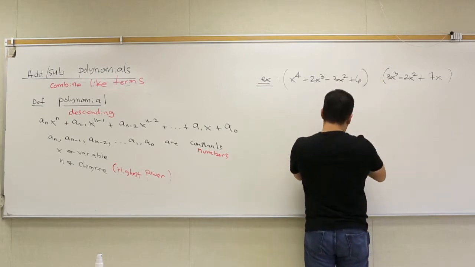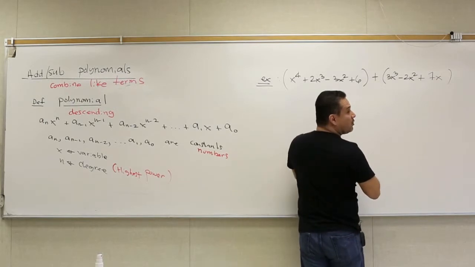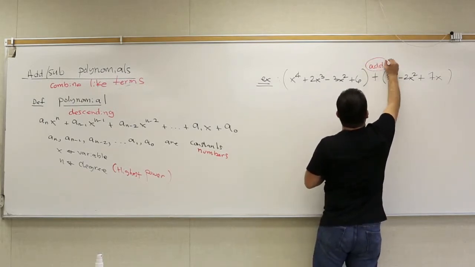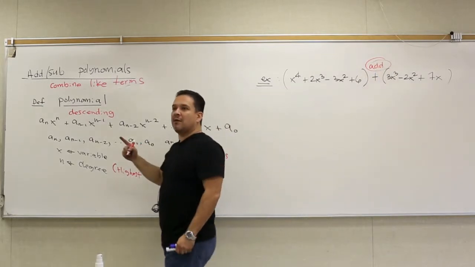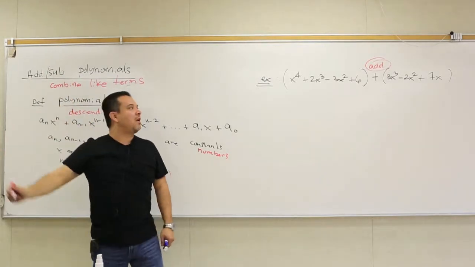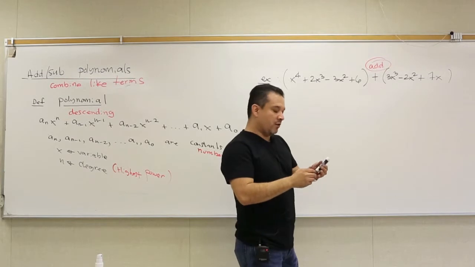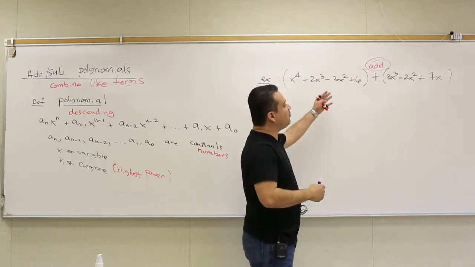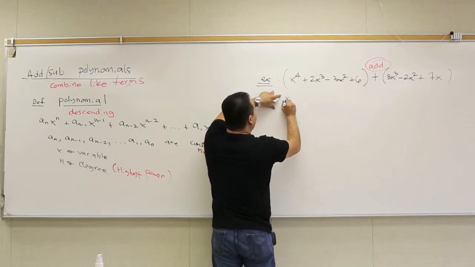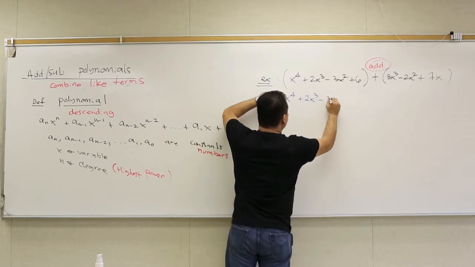What did you guys see? What did I just erase? This was the plus operation. What is plus also known as? The addition operation. So what's the title of the worksheet? Add, subtract polynomials. You've got 2 polynomials here, right? So here's how you do this. When you're going to add polynomials, just remove your parentheses. And so if I do that, I have x to the fourth plus 2x cubed minus 3x